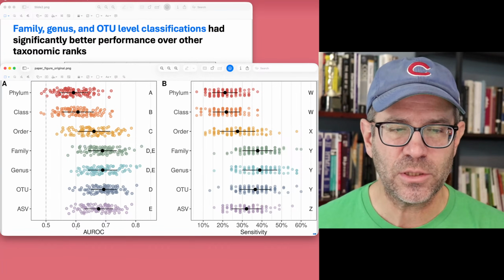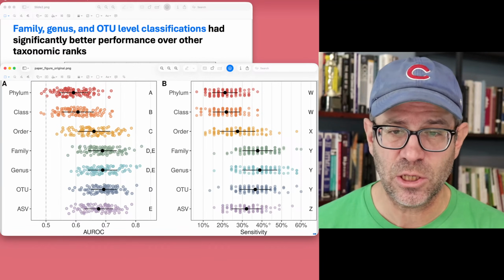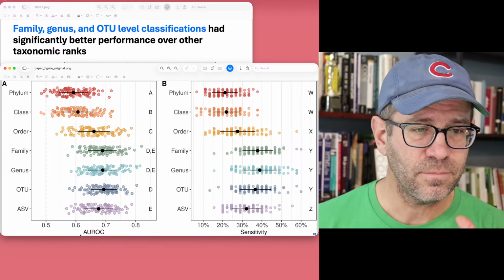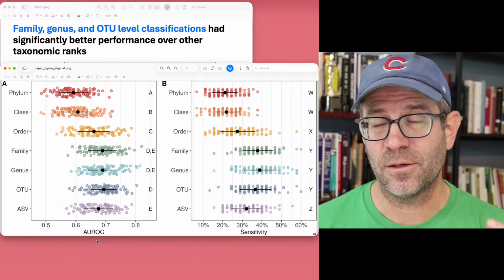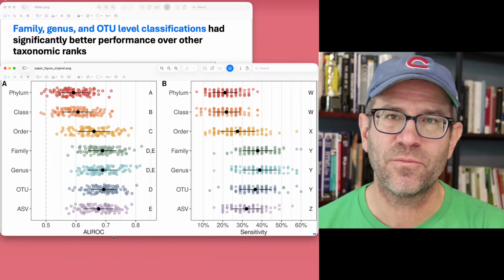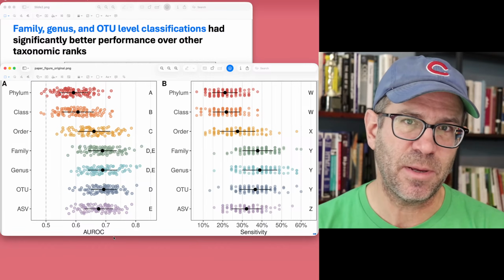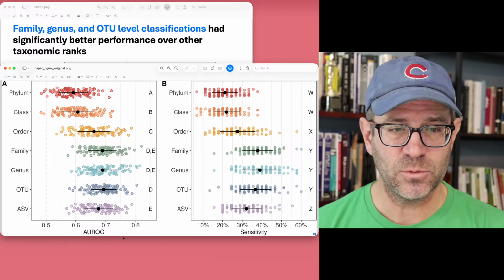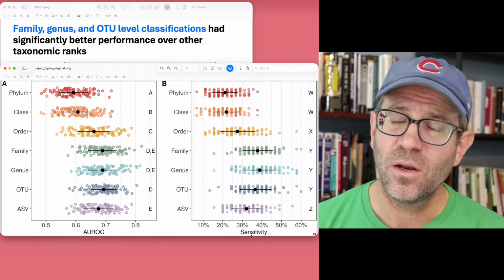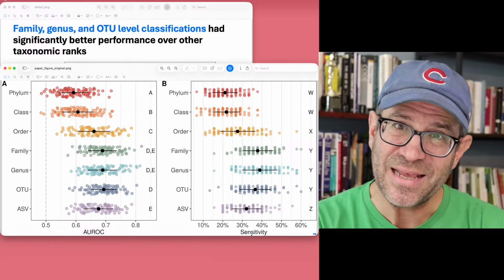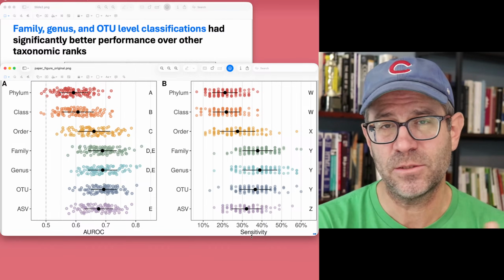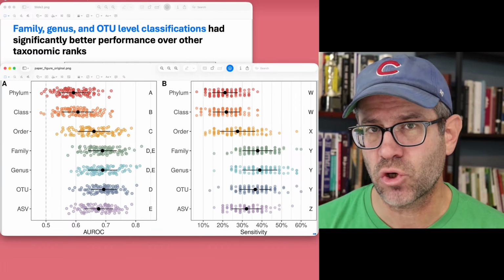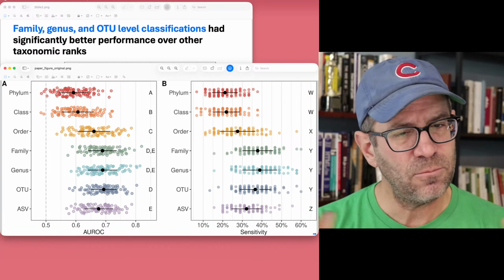And so we have two metrics here: area under the receiver operator characteristic curve, and the sensitivity when the specificity is set at 90%. An AUROC, or area under the receiver operator characteristic curve, has on the x-axis 1 minus the specificity, and on the y-axis the sensitivity. So you get this curve, and the area under that is what's being measured on the left, whereas on the right, we have the sensitivity when the specificity is set to 90%, okay? And so you basically pick off 1 point. I feel like this sensitivity is perhaps a stronger metric of the model performance, but regardless,